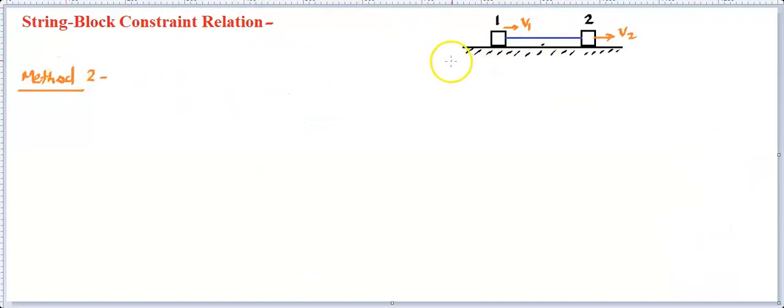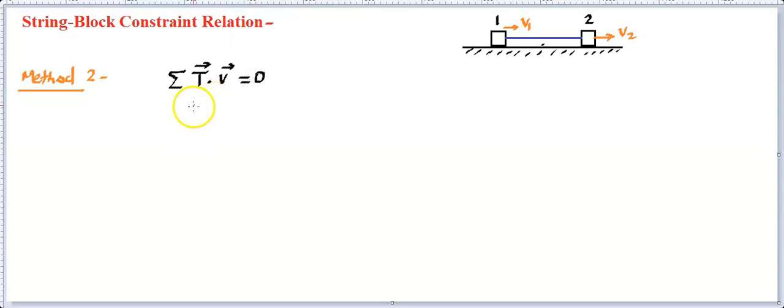For the same question, we are going to use this second method, and this method is going to be very useful for the future. It might appear a bit challenging initially, but once you get it, it's going to be quick, correct, and important as well. So what we do in this case, we use this. Simply let me write directly: summation of T for tension, dot v for velocity, is equal to 0.